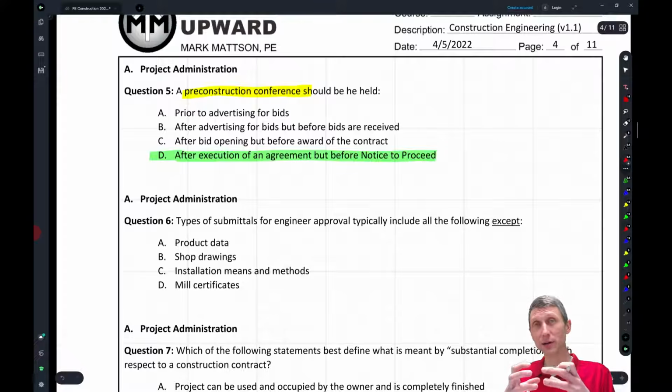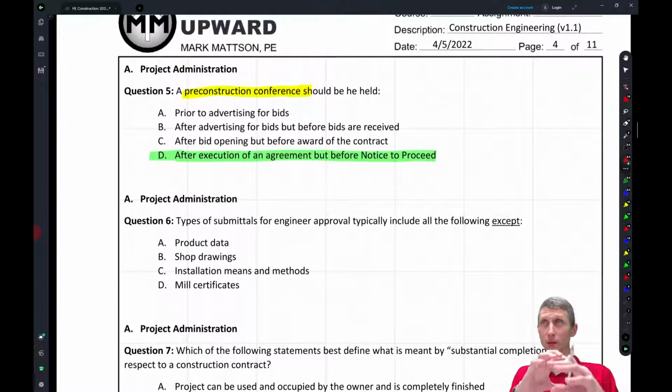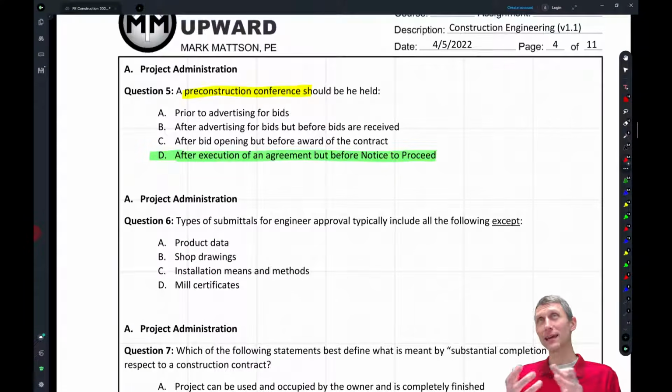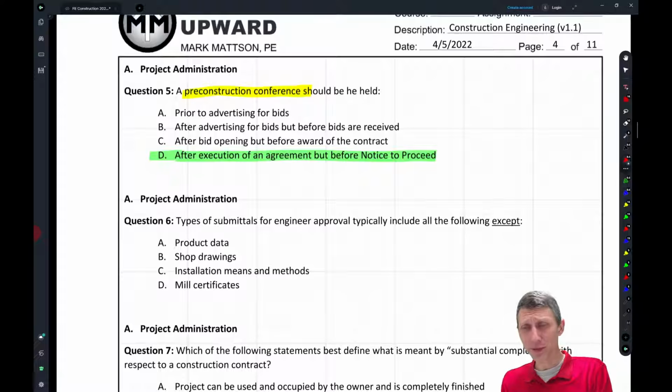You want to have a contractor on board so you can talk specifics about going over the construction documents, going over superintendents, who's the point of contact, all the basic stuff you need to run your job. But it's before you actually give the contractor that notice to proceed and say, okay, go ahead, get started, Mr. Contractor. And the thing with construction is different agencies have different processes, but typically prior to advertising for bids,